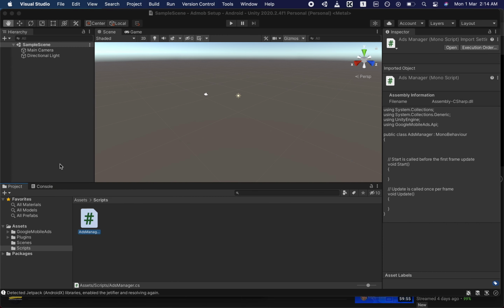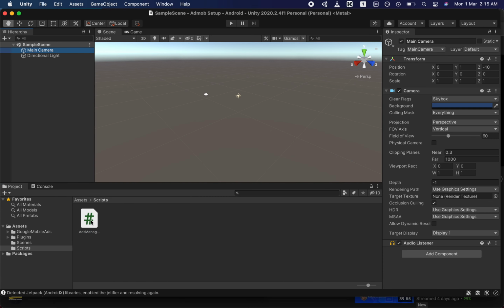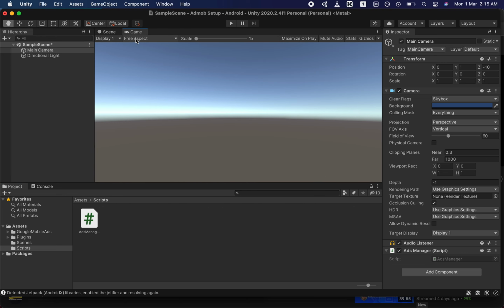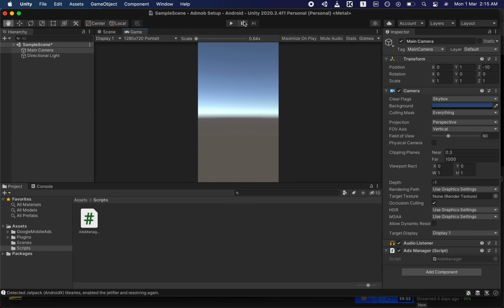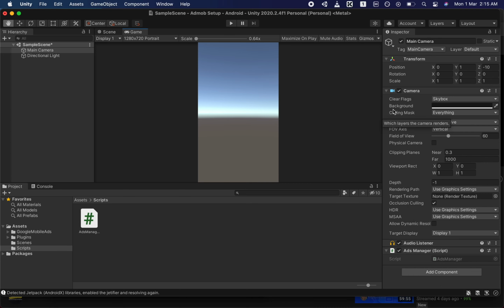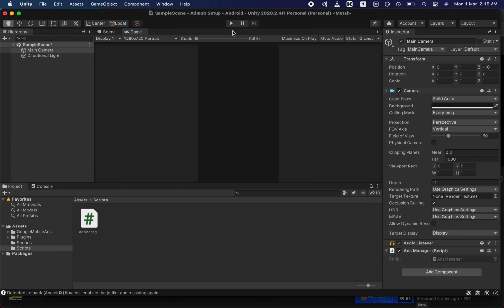Go back to this scene now and drag and drop this ads manager here. Then go to the game. You can change this to portrait version. Change the camera to black color, solid color, and hit play.